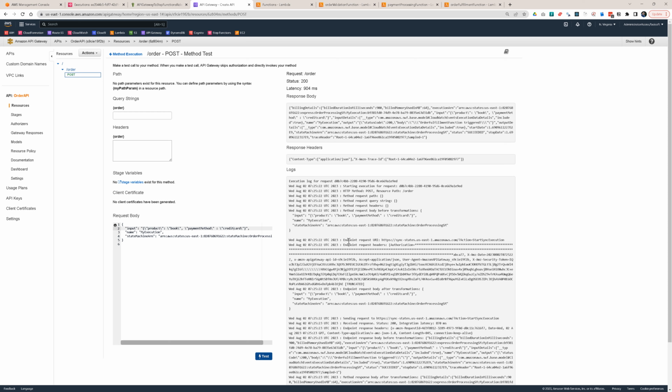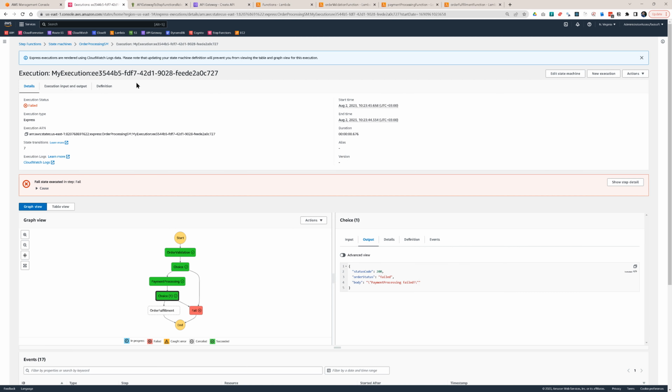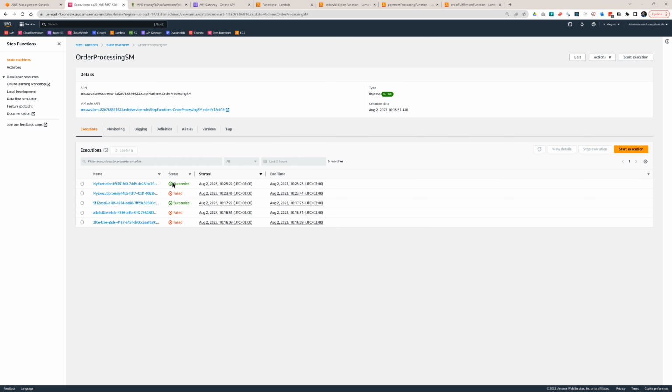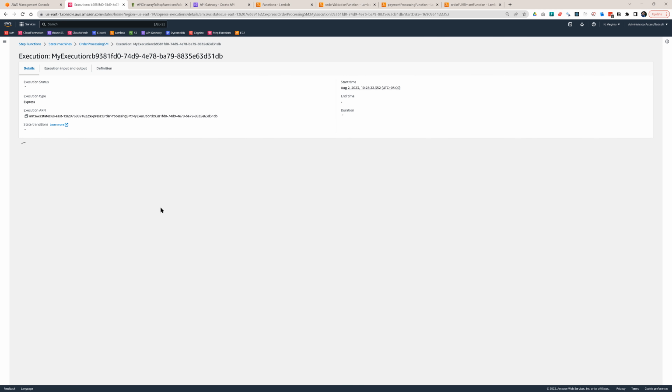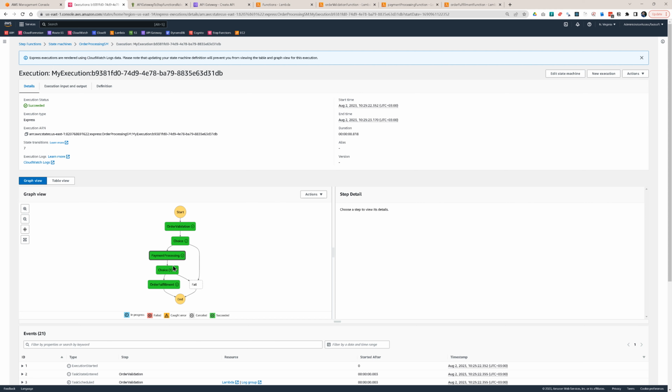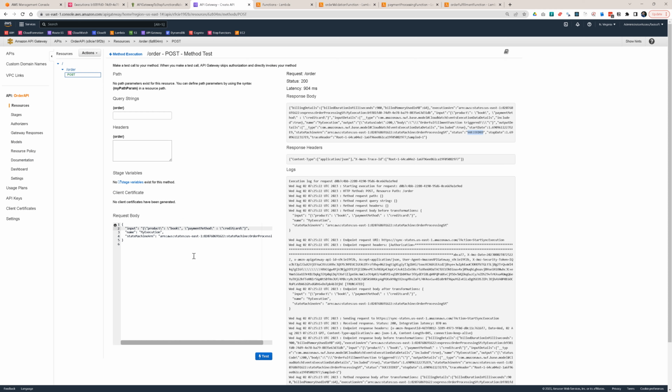So click on test, and you see I have much more details now. And I should have something here, the output. Status code 200, body: order fulfillment triggered. So it actually reached the last Lambda function and it was successful. If we go back here to the order processing state machine and look at the logs, the last one here is successful. If we look at the execution log, you see all blocks here are green. So this is how we invoked it from here, from this testing